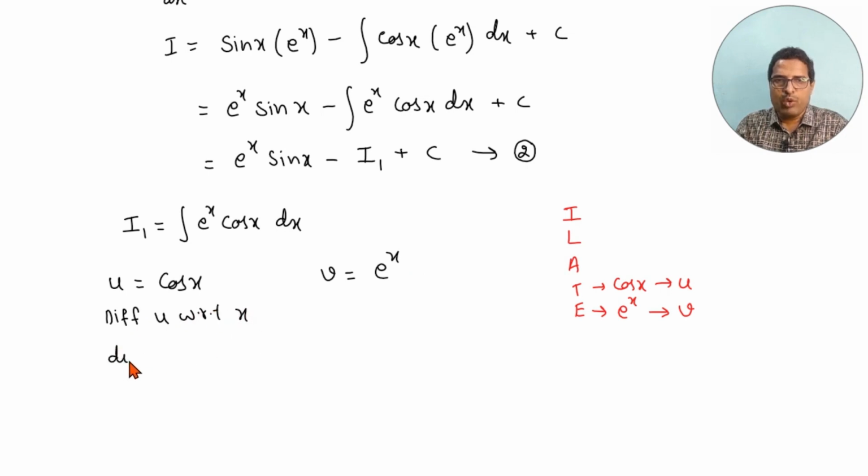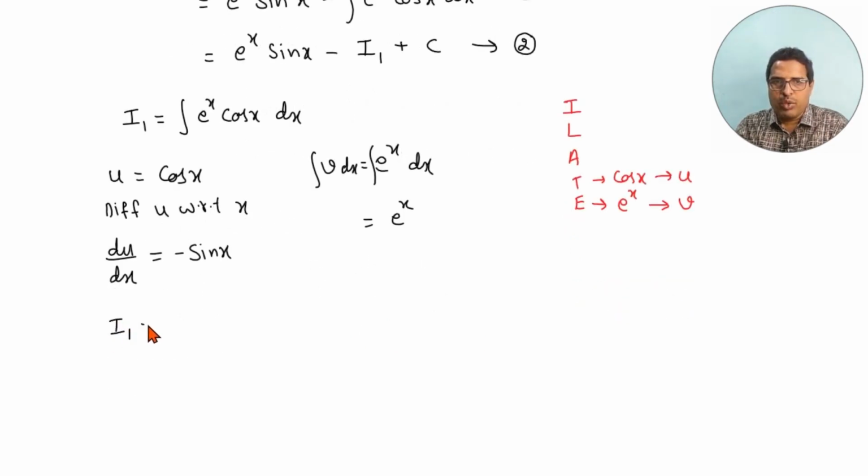So we get du by dx is equal to the differentiation of cos x, which is minus sin x. Now integrate v: the integration of v is equal to the integration of e to the power x dx. The integration of e to the power x is e to the power x itself. Therefore, I1 will be equal to, so the formula is u into, so the u value is cos x, into